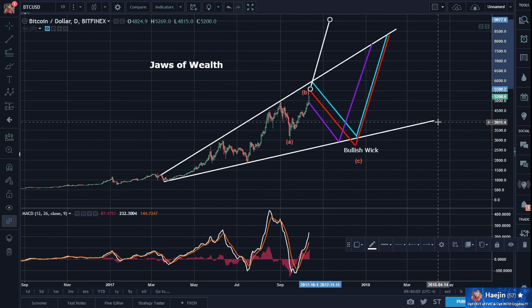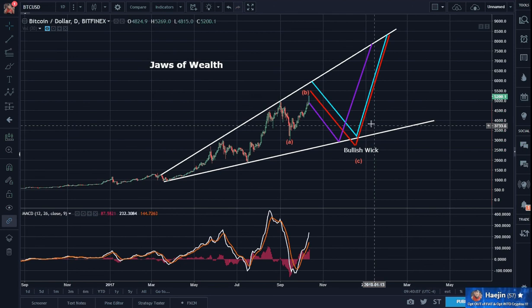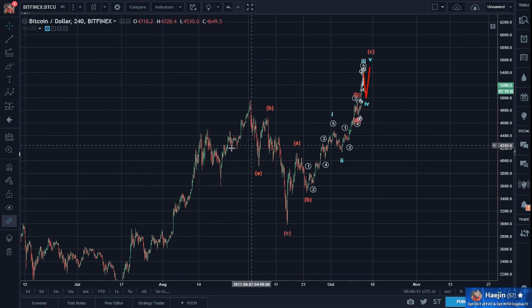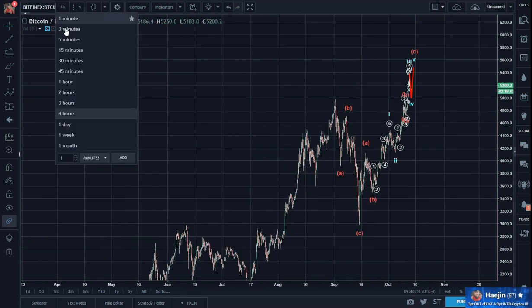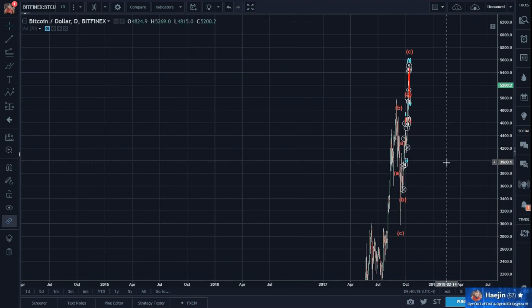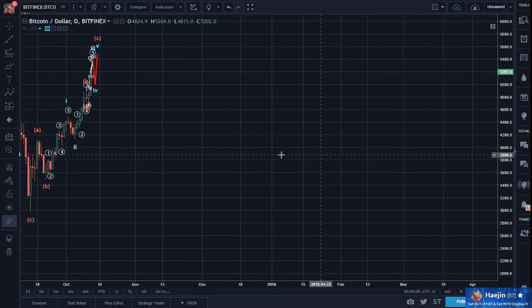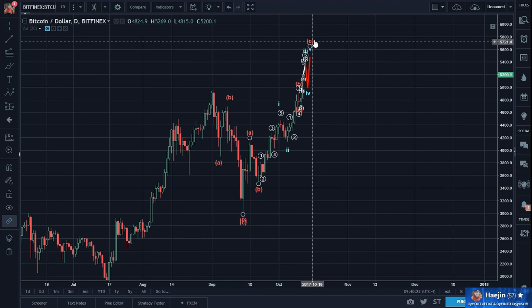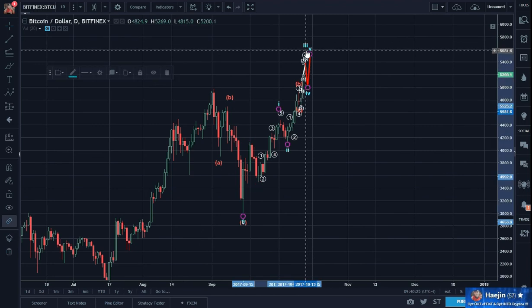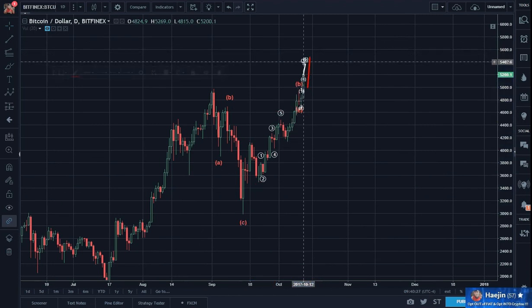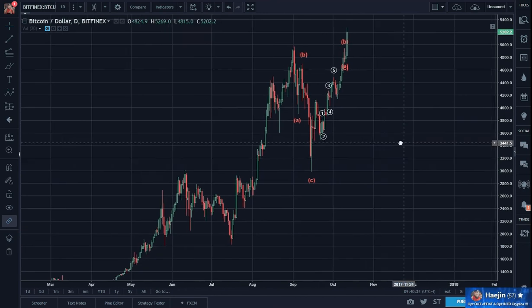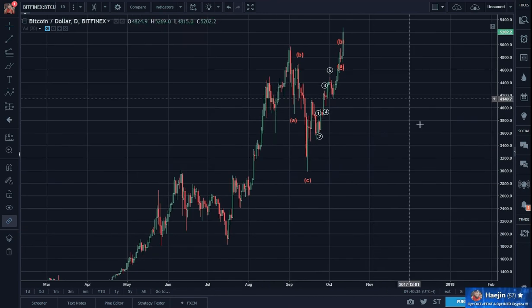Okay. The other invalidation has been, get rid of these, is the potential of a double top.